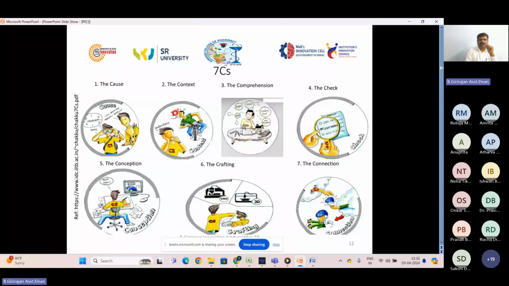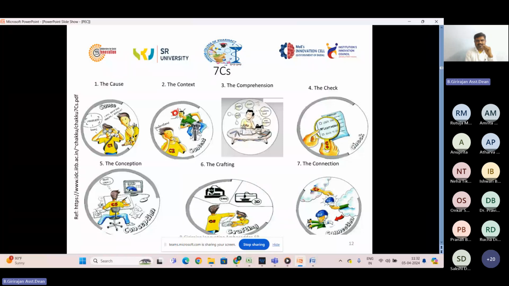After selecting one, we can get into the crafting. The crafting starts from the low fidelity model, a usable model, and it could be a minimum viable product. In that way we can arrange it, design it, and get feedback from the user in one stage or every stage of the designing. The user can give some feedback and you rearrange it, and then you have the connection. This is tested with one user, but you can connect with multiple users of various ranges in the domain that you have selected. That becomes the connection, and the next stage becomes commercialization or marketing.